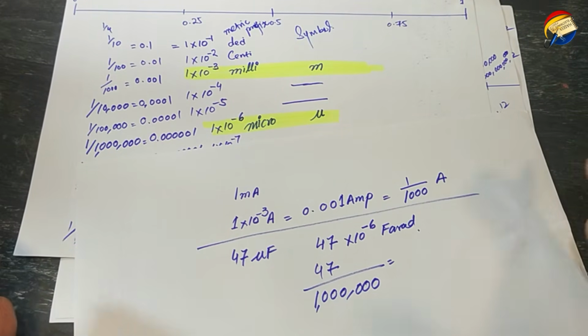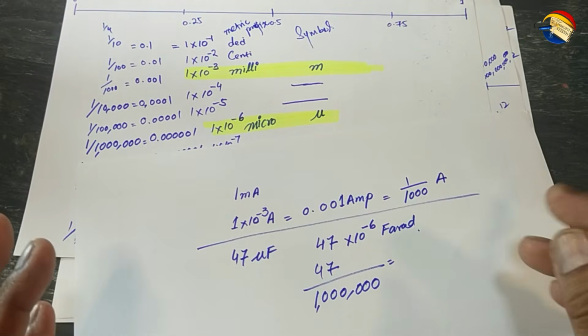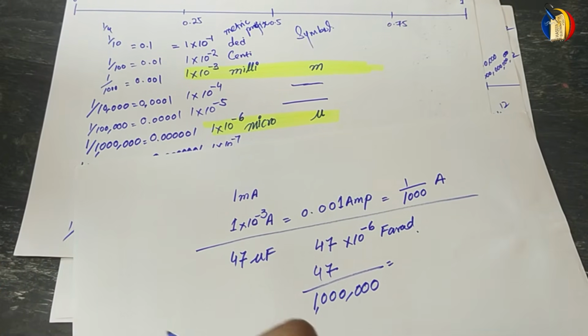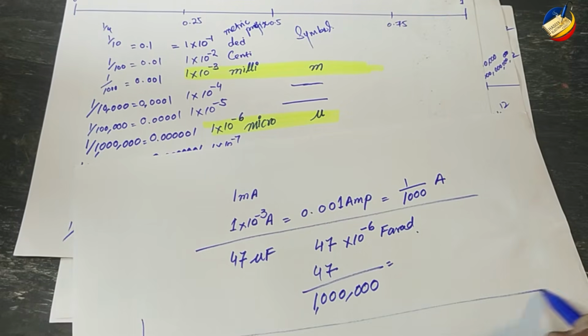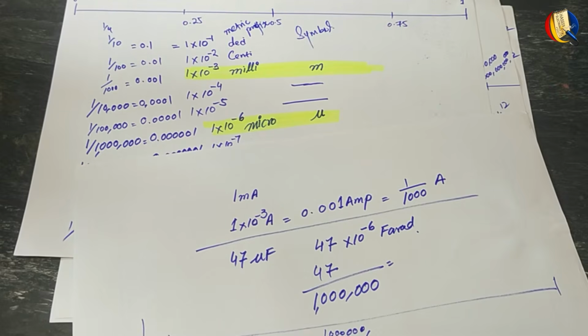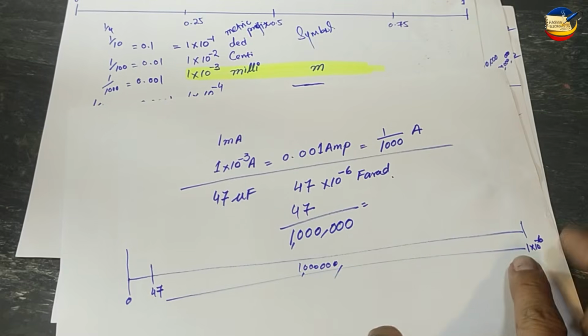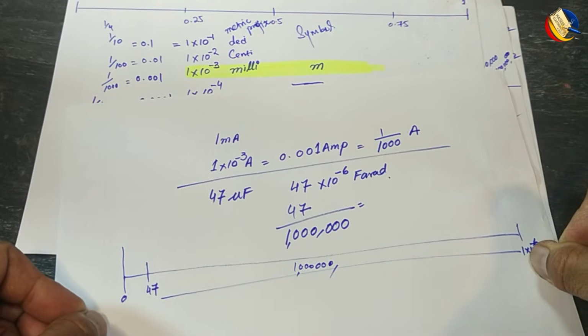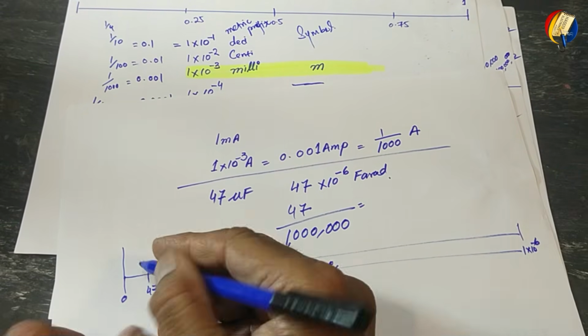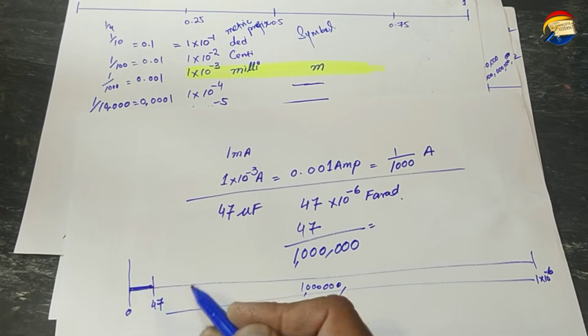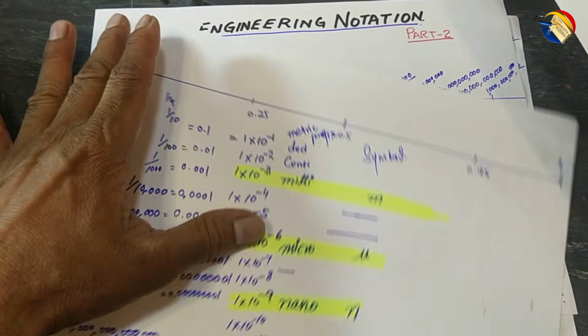In simple terms, if we divide 1 farad into 1 million parts, just from here to here, this capacitor value will stand here from 0 to 47. From 0 to 1 million is here. We divided from 0 to 1 into these parts, but our capacitor value is just in this zone, 47 microfarad. In this session we covered